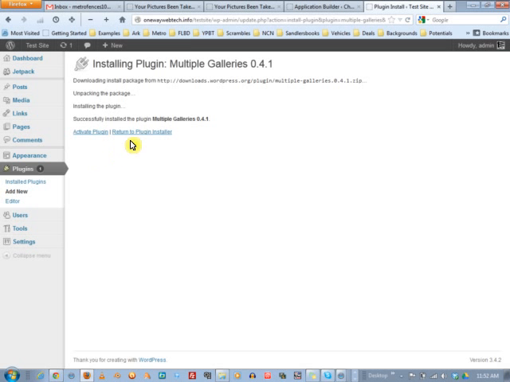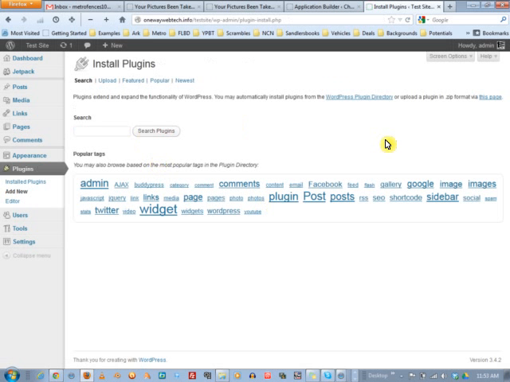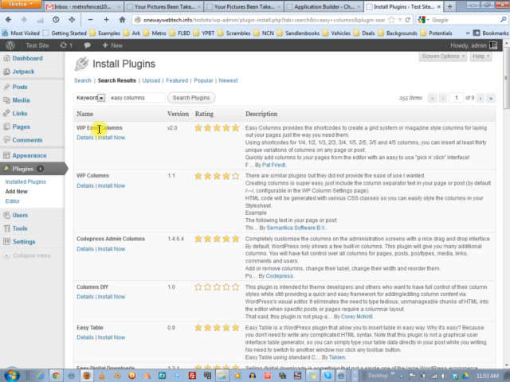So right now, let's return to plugin installer, and this is the installing page, because I also want to install the plugin called Easy Columns. WP Easy Columns is the one that has 1/4, 1/2, 1/3, 2/3 in the description. I already know I want to install that, so if you don't need to read the details, you just click